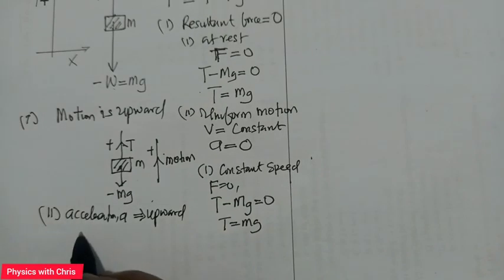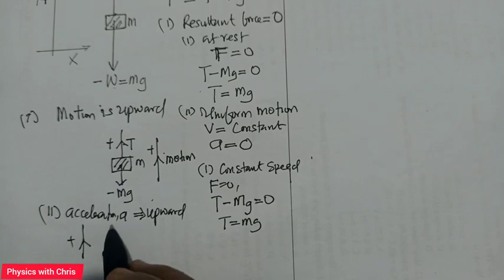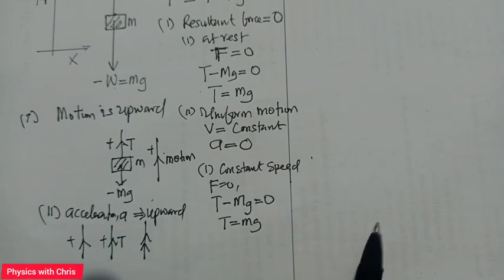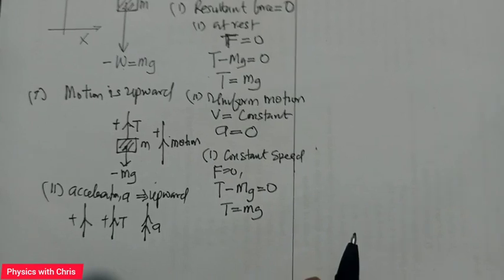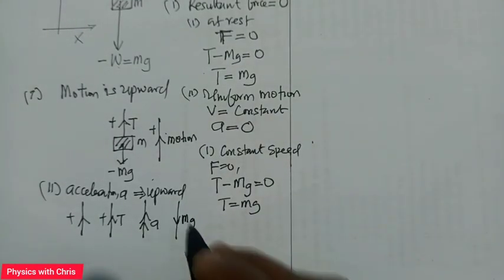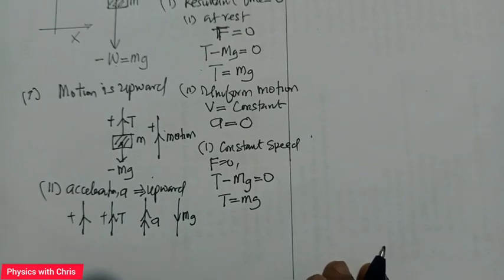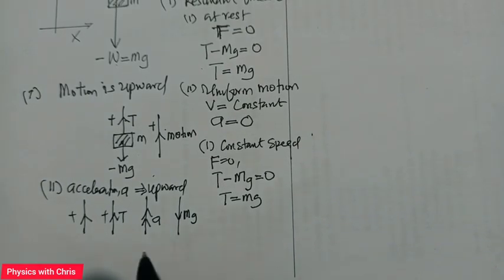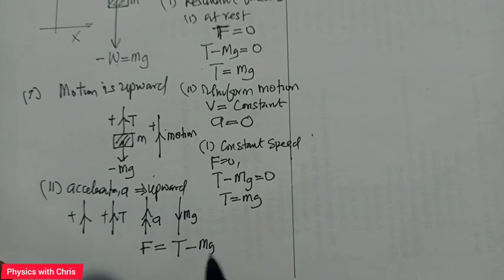Now, in this case, the motion of the body is upward, that is giving positive. The tension acts upward, that is giving positive. Acceleration, I can use this diagram to represent acceleration, that is A. And then what happens? The weight of the body acts downward, that is mg. So the equation for the resultant force will be given by F equals tension, which is positive, minus mg equals